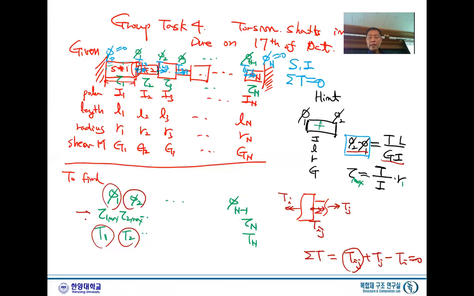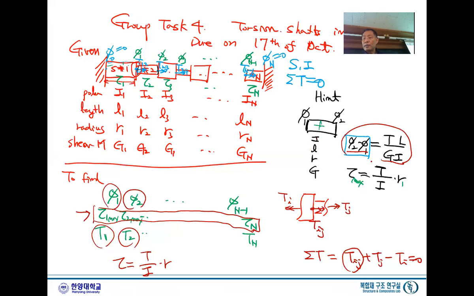See, this one is not so important. Why? Once you have a torque T, tau is simply T, I, and R. So don't be confused by this. This can be solved at the last moment as post-processing, right? Or you need to find phi and T all together. Equilibrium equations, and this is what? Force and deformation condition,